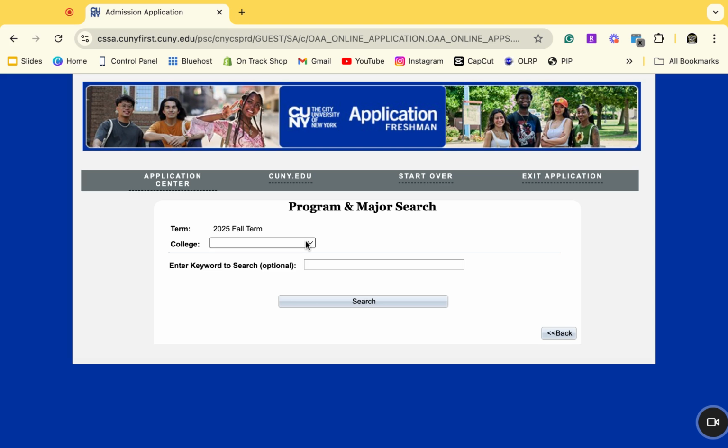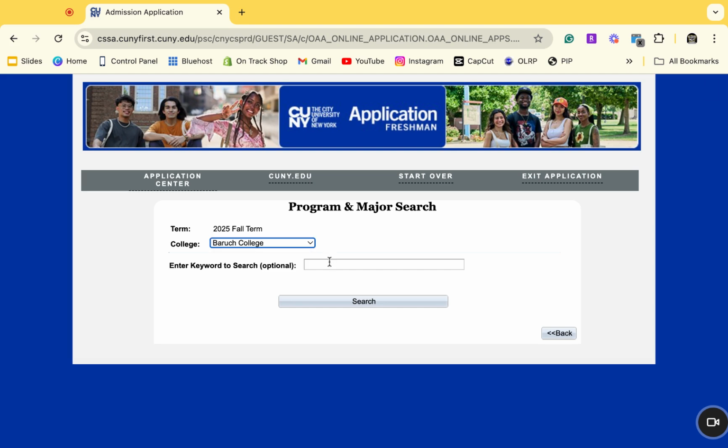So I'm going to look up the colleges that I want. Now, what I will tell you, and I'm going to include a link below, there is a great page for CUNY that shows you what schools have what major. So if you have a specific major in mind and you want to look that up before you start doing that, that is best practice, right? Figure out what schools have what you want before you do this application process. But if you know what schools you want to put on your list, then you can start adding them here,